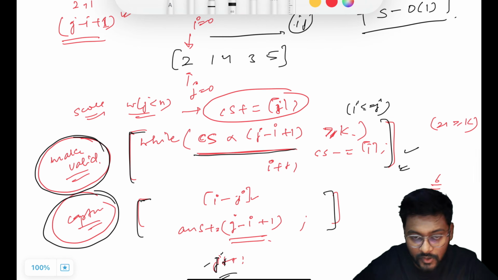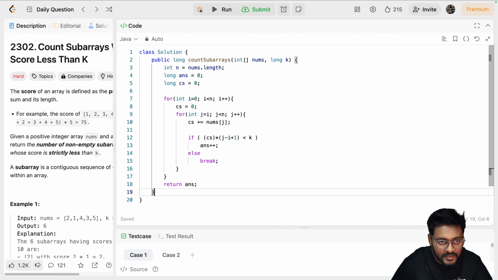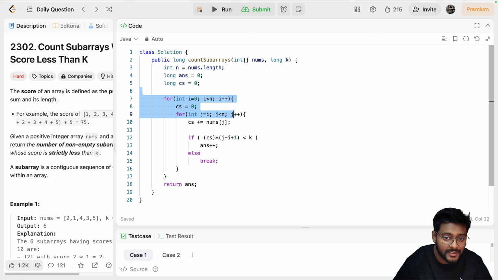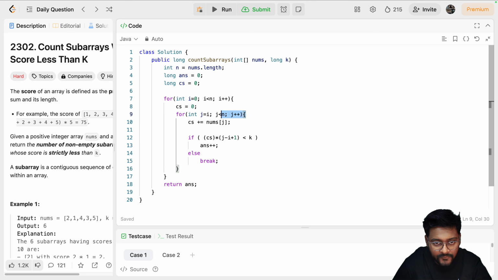Let's have a look at the code now. Here this is the brute force of the solution. In this brute force I'm checking every single subarray starting from index i and going till index j. So j will start from i and go till n. So these 2 nested loops check every single subarray, and for every subarray I am maintaining a running sum, which is the current sum of that subarray. Every time I am incrementing the current sum value with the current element at index j, and then this is